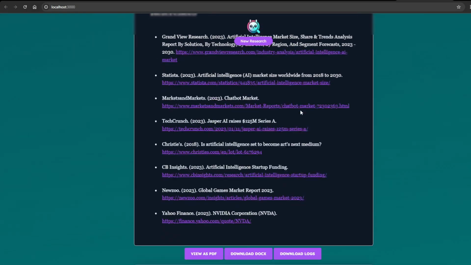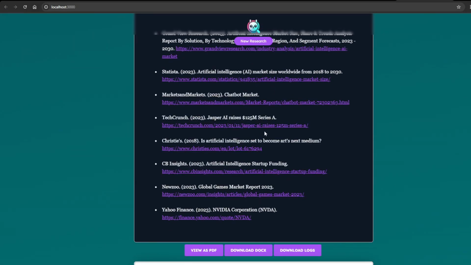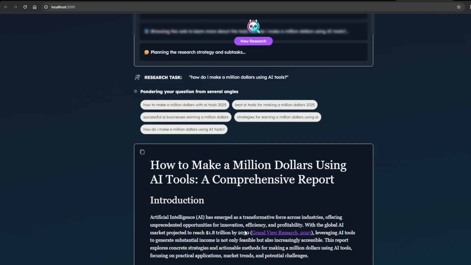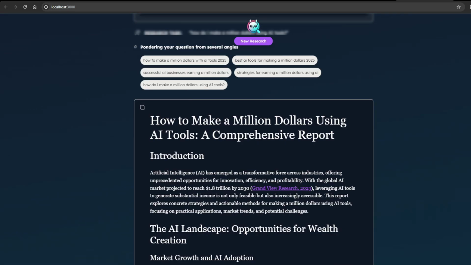Wow, let's actually count these, how many it went through. So it went through 1, 2, 3, 4, 5, 6, 7, 8 links in a matter of seconds and structured this entire layout. Such a cool in-depth document here. So guys, I'm going to be breaking down the entire installation process and getting this open source deep researcher up